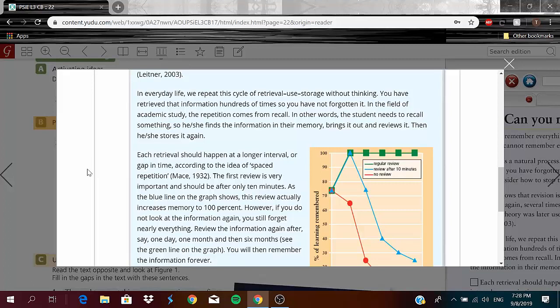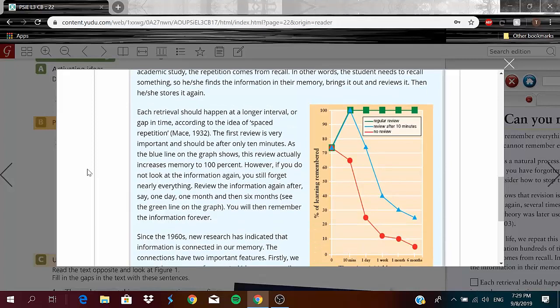In other words, the student needs to recall something. So he or she finds the information in their memory, brings it out and reviews it. Then he or she stores it again. Each retrieval should happen at a longer interval, or a gap in time, according to the idea of spaced repetition,